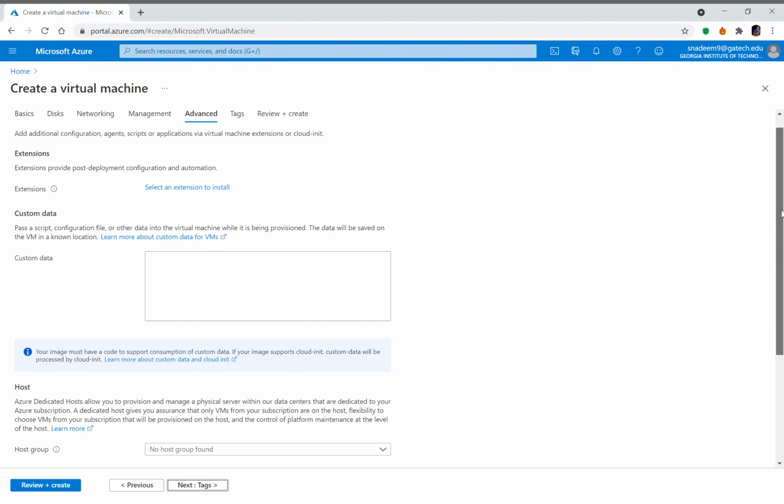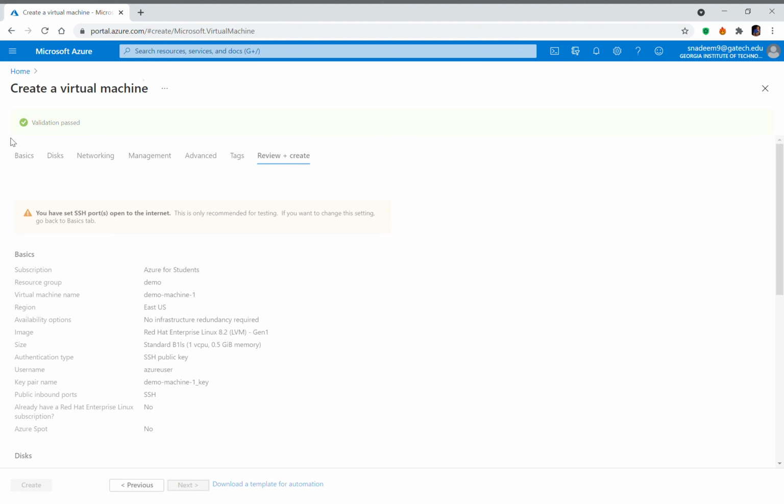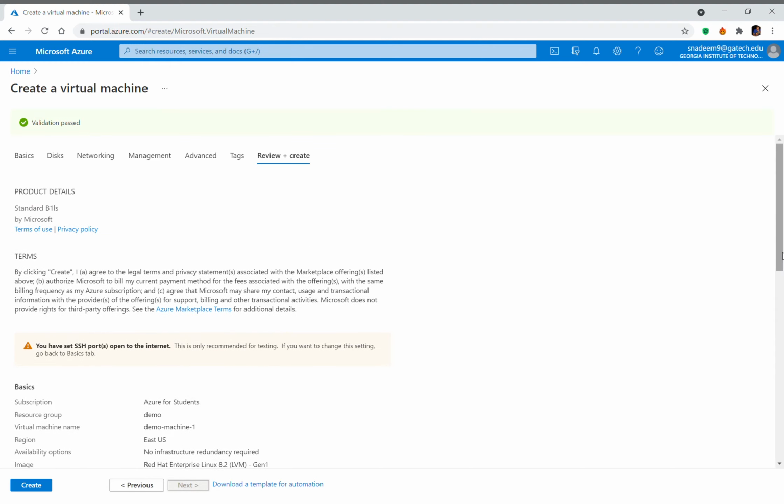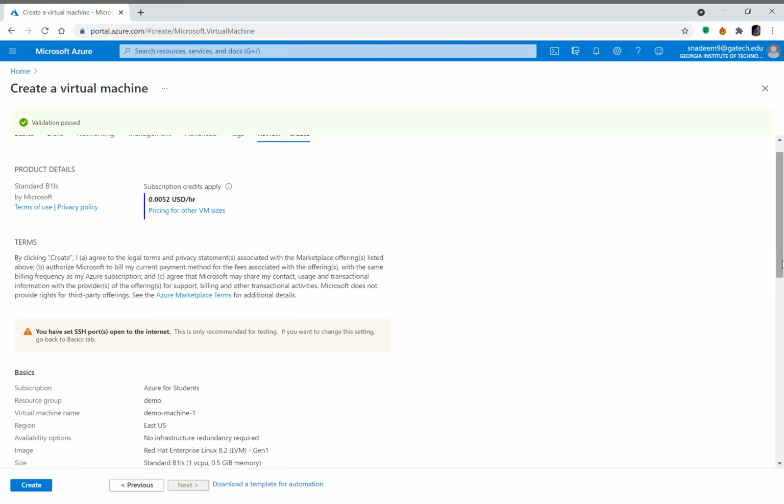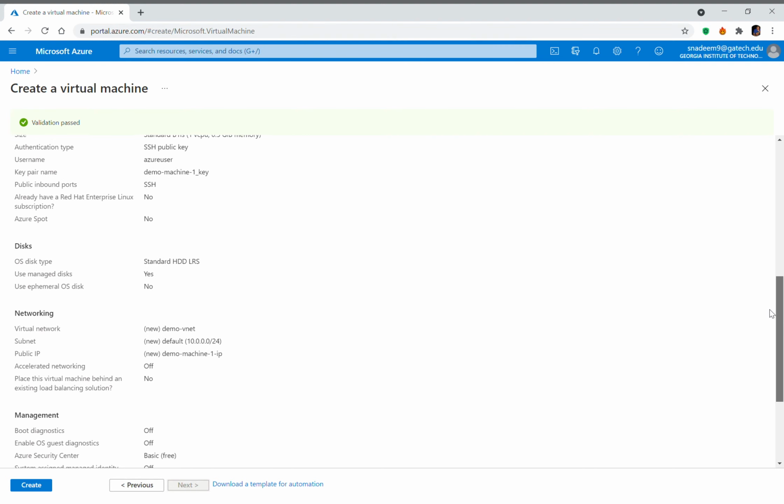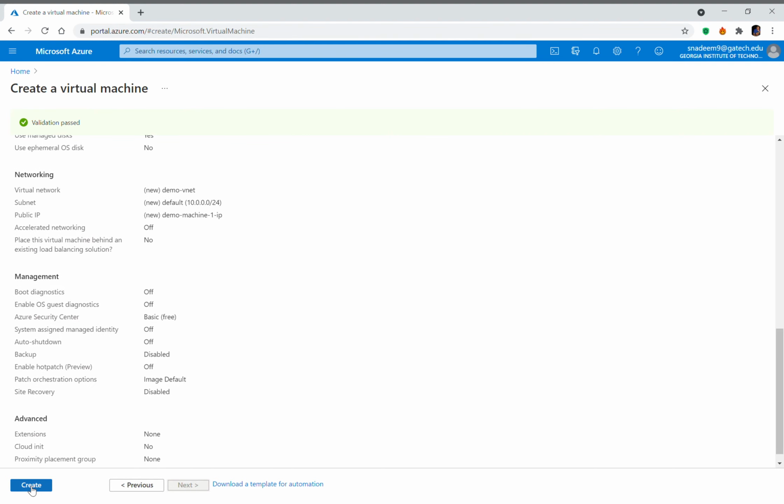Lastly, we go to review and create. It takes a moment for Azure to do its validation. As you can see, we have a validation passed here, and the machine cost that it would cost us to run this virtual machine is showing up, and a brief summary of the options that we've selected, and then we just review everything. And once we are finalized, we're happy with what we see, we just click on create,